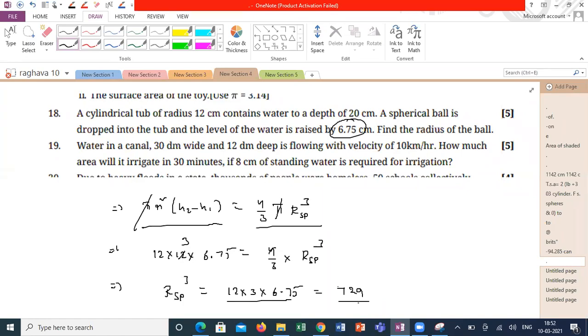It's 12 into 3 into 6.7 phase 24 degrees, sir. So it will come one more 3, because this 3 went to this side. It will come one more 3 here, into 3 into... Now it's 729, sir, when we are multiplying the 3. Now it is coming 729. From here, the radius of this sphere will be equal to 9 centimeter.